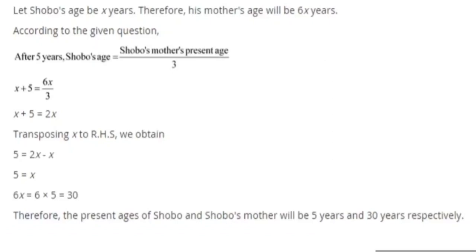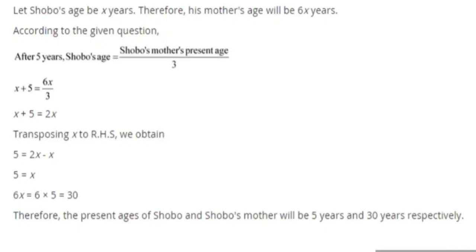age be x years. So mother's age will be 6x. Now according to the question, after 5 years, Shobo's age is equal to the mother's present age upon 3, because it is given 1/3. So Shobo's age after 5 years will be x plus 5. And the present age of mother is 6x upon 3. So x plus 5 is equal to 6x upon 3,